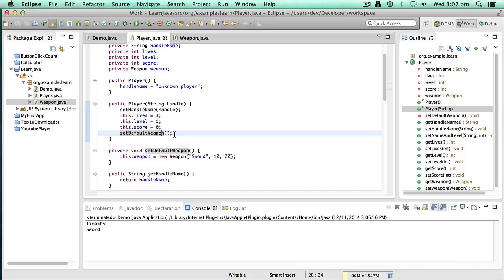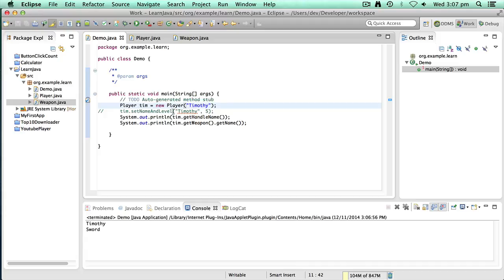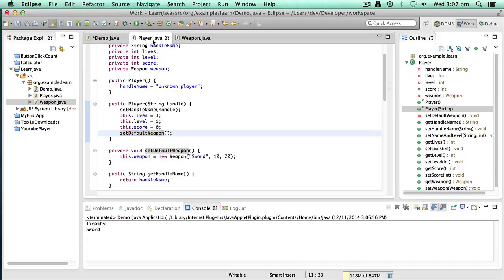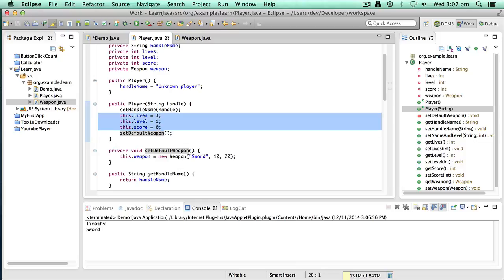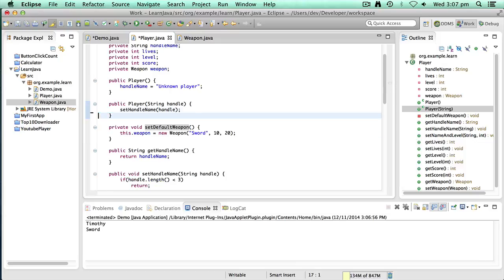This is being executed. But of course in the previous example, we were calling that class with no parameters, and that hasn't got any sort of set default weapon status. So really all this code here should not be in that method. We should take it out of that method, I should say. That should really be in here